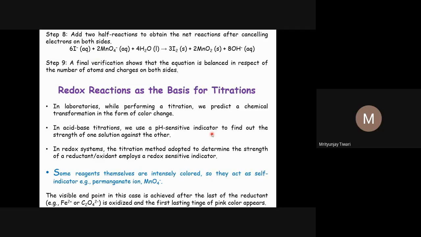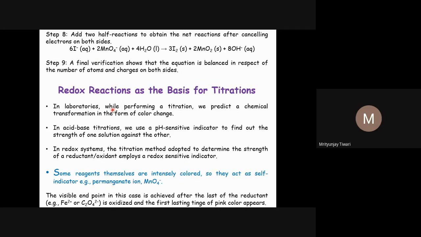So this neutralization reaction is performed, because at the neutral point, at the equivalence point, the number of equivalents of acid and base are equal. So at that time, by balancing these, we find out the strength of the unknown acid. How exactly we do that procedure, we will see later. There is a separate chapter for that, which we'll see in great detail. Here, the similar thing, the titration, we also do for redox reactions.